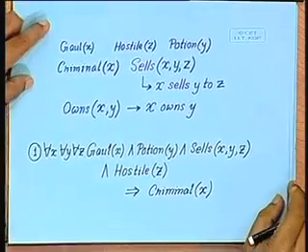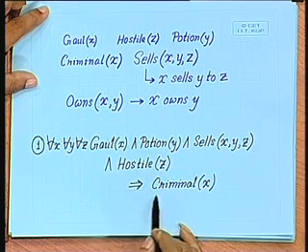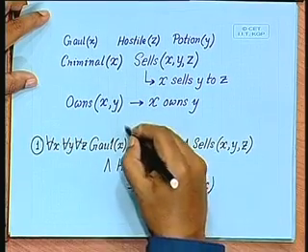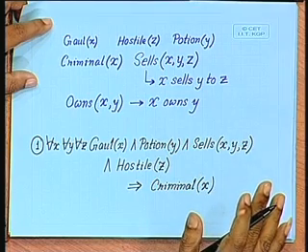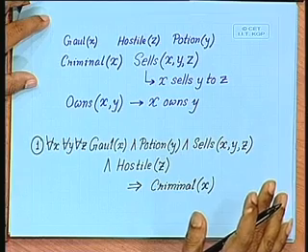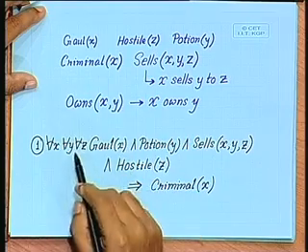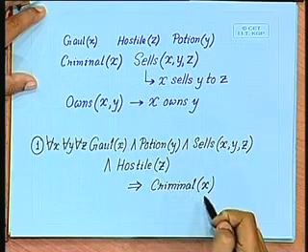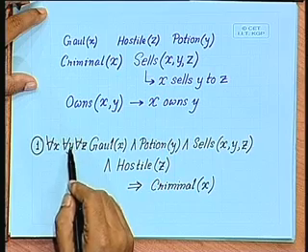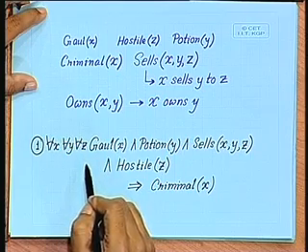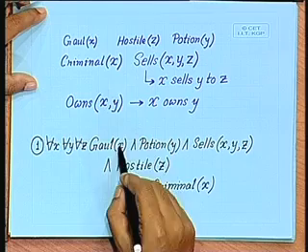No, because you need to have Gaul X, portion Y, cells X, Y, Z and hostile Z, all four together to infer criminal X. If you just put portion P here, then you do not get that traitorix is a criminal. You just get that for all Y X, Gaul X and portion P, for all Z, cells X, Y, Z and hostile Z implies criminal X. Once you instantiate something, that particular quantifier will go, but the others will still be there. So, you can only deduce criminal traitorix if you have instantiated all of these variables,